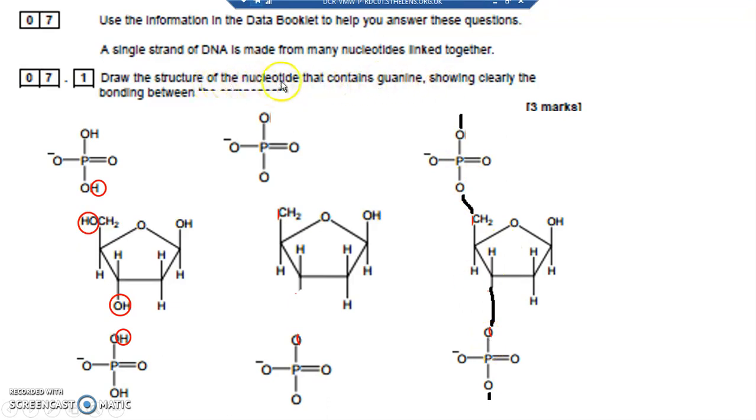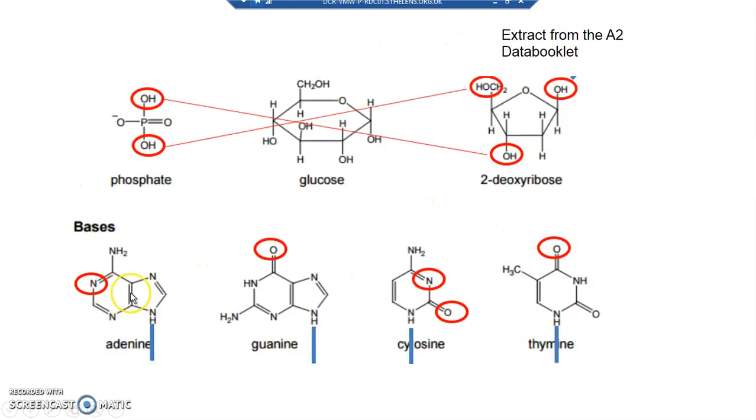Now it says that the structure of a nucleotide that contains guanine links on. So let's have a look at these bases. These bases link on to the phosphate 2-deoxyribose phosphate, so the main strand of the DNA. The bases link off it, and they use the NH at the bottom. So you find the NH from your data book on the bottom of each of these, and it's the NH that links to